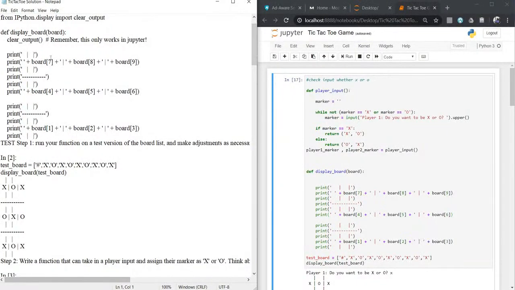We can make our own, like for starting we can even just print board markers like this, as an empty marker. This is just for designing. You can even try like this also. If you write like this, then you will get an empty board here.